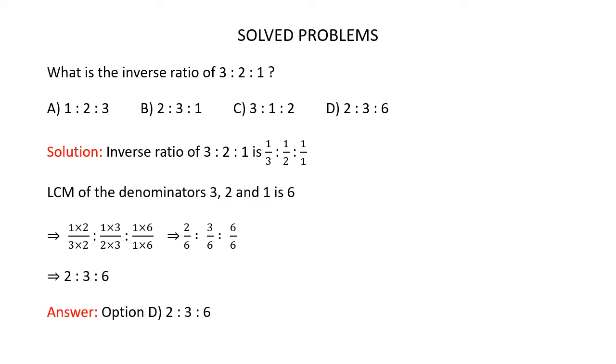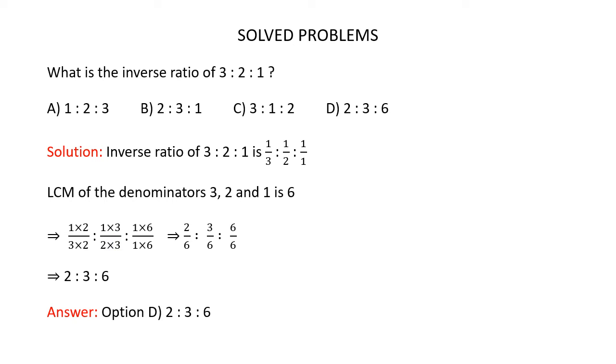Now in the fraction 1 by 3, to make the denominator 6, you have to multiply 3 with 2. So multiply both the numerator and denominator of the fraction with 2. So now you have 1 multiplied by 2 divided by 3 multiplied by 2, which is nothing but 2 by 6. Now in the fraction 1 by 2, to make the denominator as 6, you have to multiply 2 with 3. So multiply both the numerator and the denominator of the fractions with 3. So now you have 1 multiplied by 3 divided by 2 multiplied by 3, which is nothing but 3 by